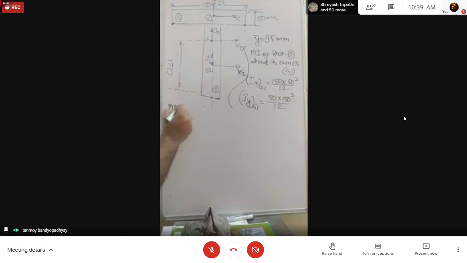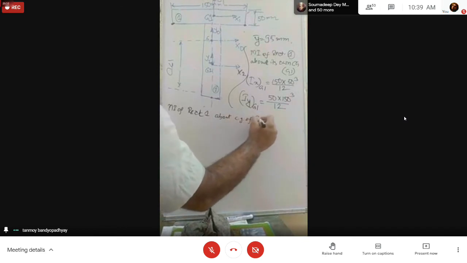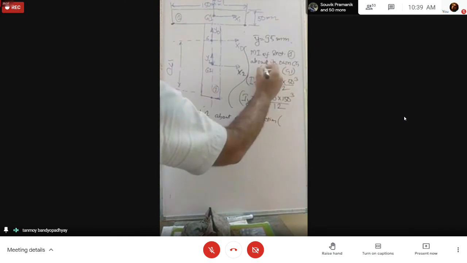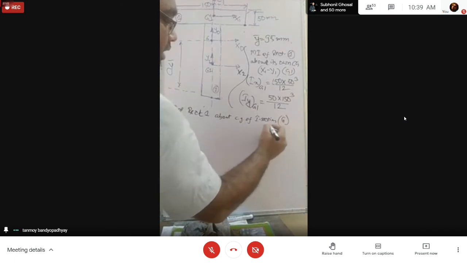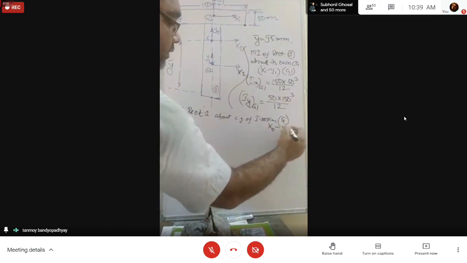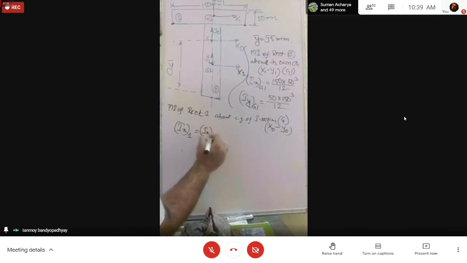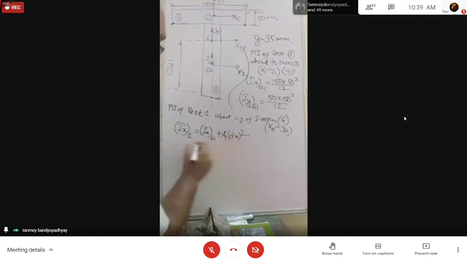Now the moment of inertia of rectangle 1 about the centroidal axis x0 y0 of the I section. What was the axis system? The axis system was x1 y1. Now we are switching to the point G, having the coordinate system passing from there, x0 y0. So Ix1, the contribution of rectangle number 1 to the moment of inertia, will be equal to Ix G1 plus A1 into dx square. So what is Ix G1?